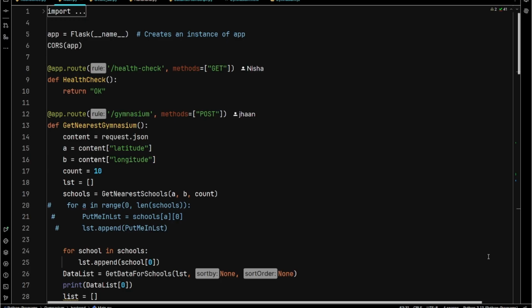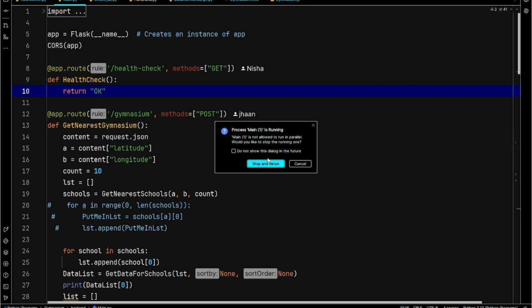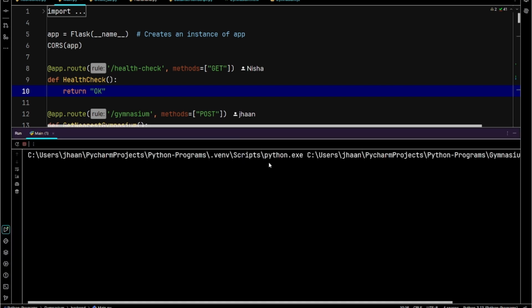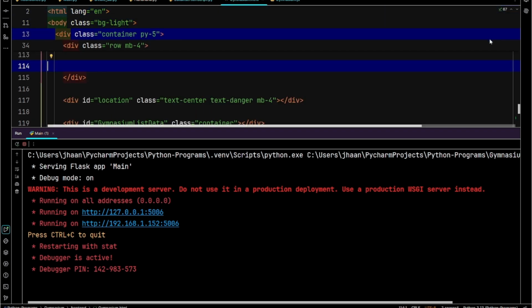Okay, so here we have the program for the project, but today we're not going to be going through that. Instead, we're just going to execute it and go through what it is. So, first things first, I'll just run it. And so, yeah, stop and rerun. Once I run this, then I'm going to go to the HTML file,